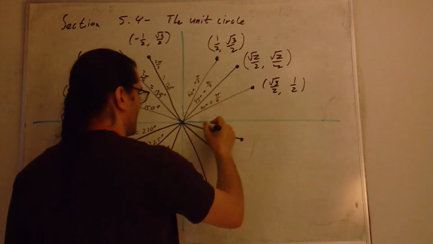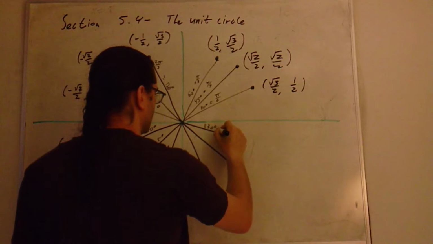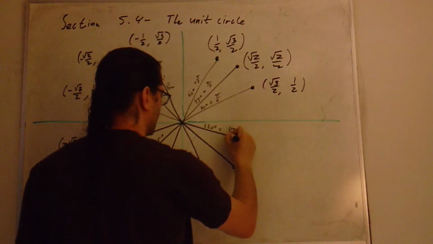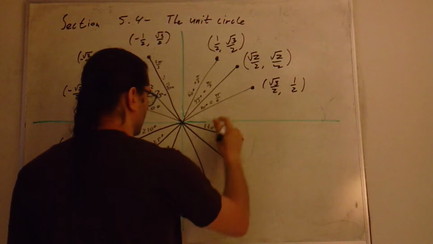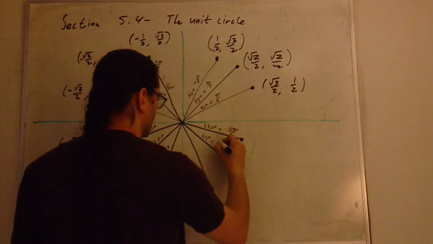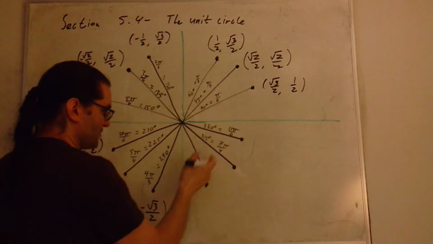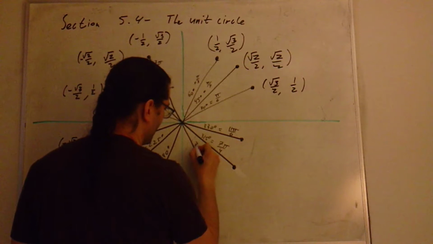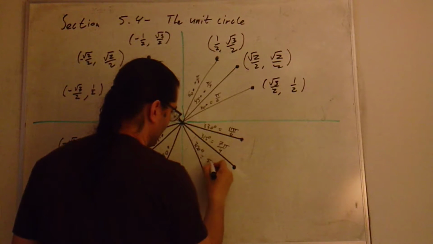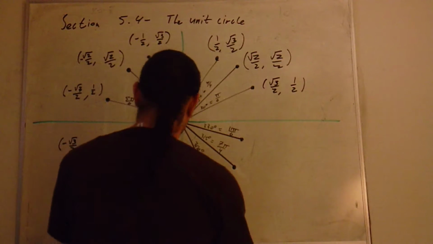So this one needs to be 30 less than 360. So this will be 330 degrees, which is 11 pi over 6. This one is 45 shy of a full circle, so 315 is 7 pi over 4. This one is 60 degrees short of a full circle, so that'll be 300 degrees, which is 5 pi over 3. And the coordinates here are going to end up being